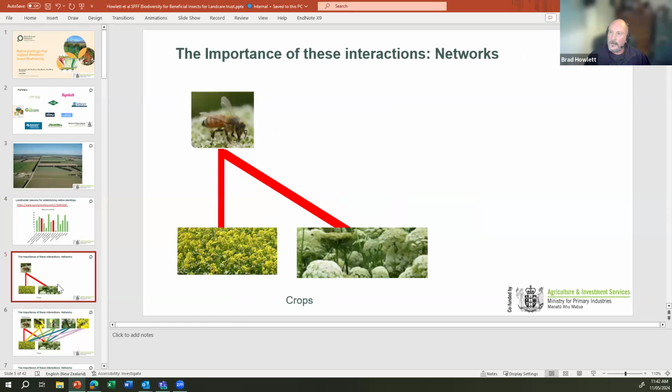Okay, so the next slide is a very simple network. So it's kind of typical for a very intensive agriculture. You have an input such as managed honeybees that is relied on to pollinate crops. So in this example, it's a honeybee and it interacts with the crops, it pollinates those crops, and I've just put 2 in there, for example, brassica and carrot. Now,